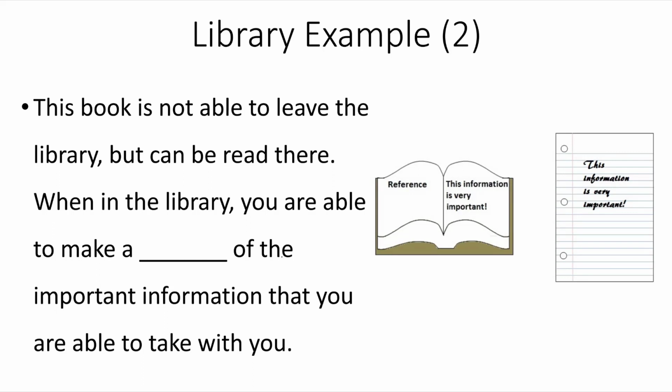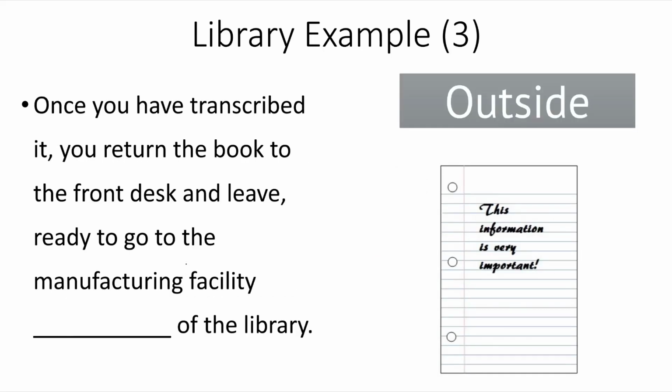And so when you're in the library, you're able to make a copy of that information that you're able to take with you. Whether it's a handwritten copy or a photocopy, you make one small temporary copy of some of that information. Now, the handwriting may be a little different. It's not exactly the same, and you certainly haven't taken it out of the book. The book is still complete with all its information. You just now have one additional small copy of it.